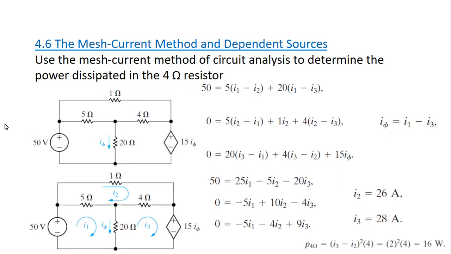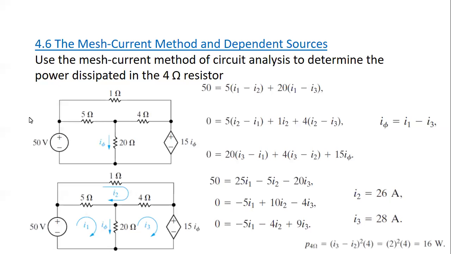But since we are studying the mesh current method, we will solve this using the mesh current method. This method is different from the previous ones in the previous class, in that we have a dependent voltage source, but it's fine. You see that you have a controlling variable, which is I phi in this example. So what we need to do is to represent this controlling variable through the mesh currents, the assigned mesh currents, and we will see this